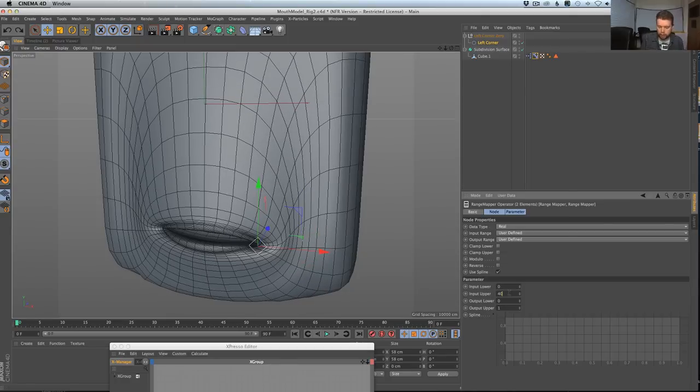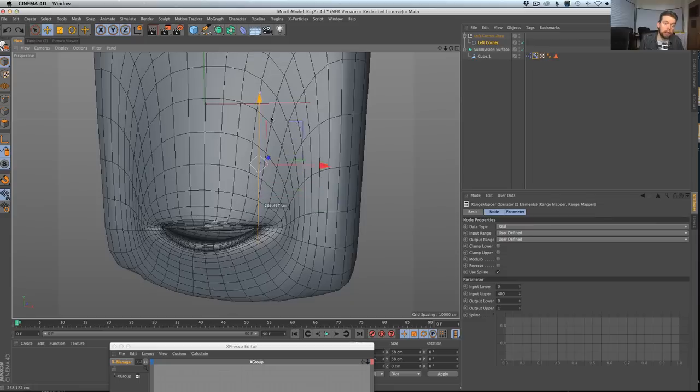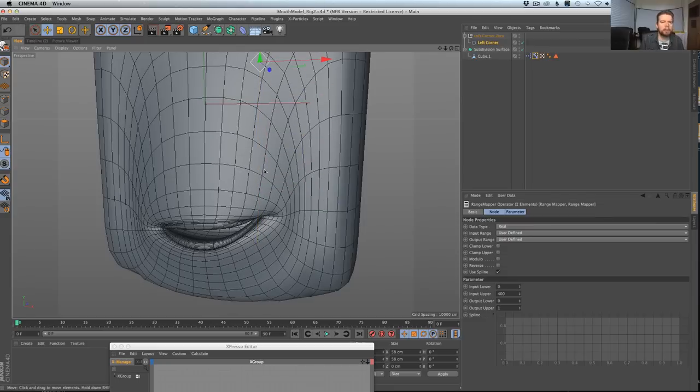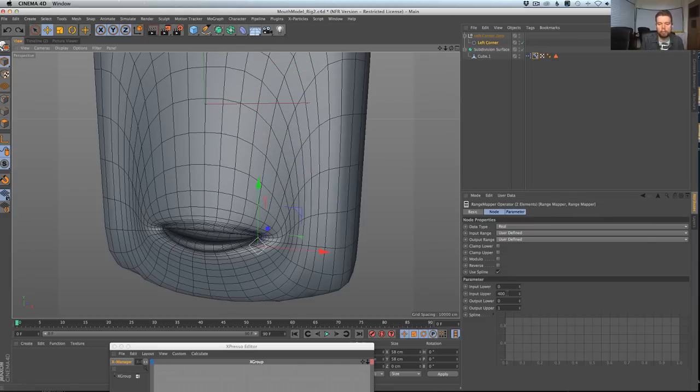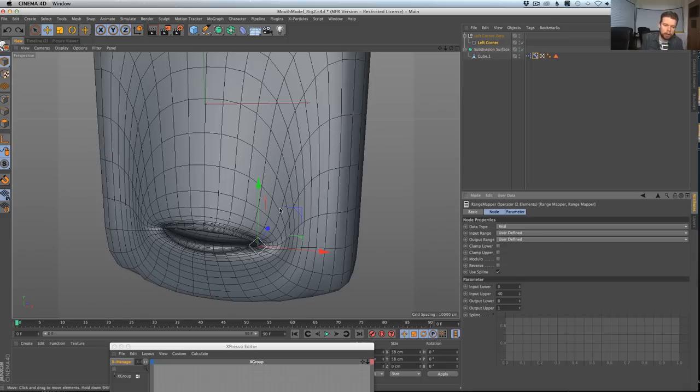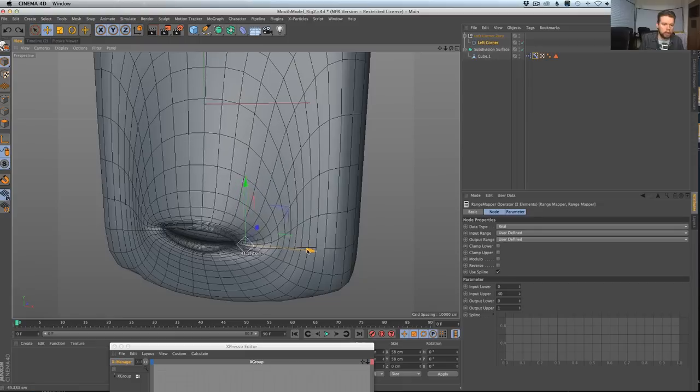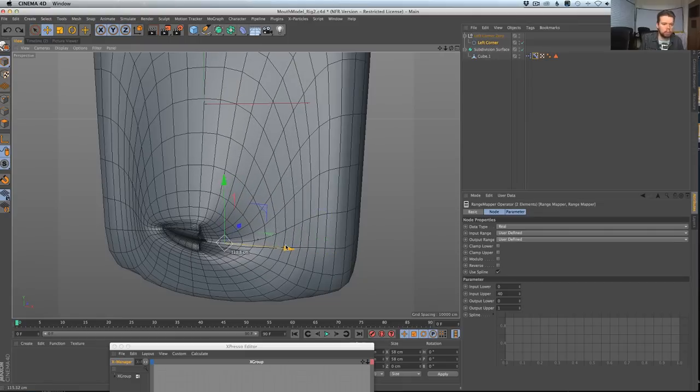Like, I could put in 400 here, and now as I drag this large amount, it only goes a little bit. But now it's kind of visually a little bit easier. Maybe it's easier to get detailed work. Kind of 1-to-1 is good, but you don't have to be perfect. So that goes up and down, and then this goes left and right. So the left and right is actually a little extreme because I pulled that further.